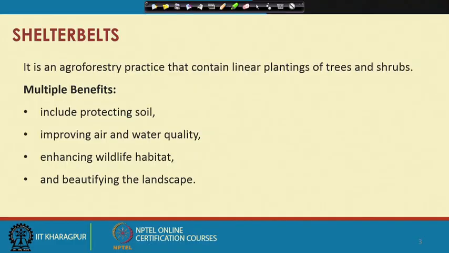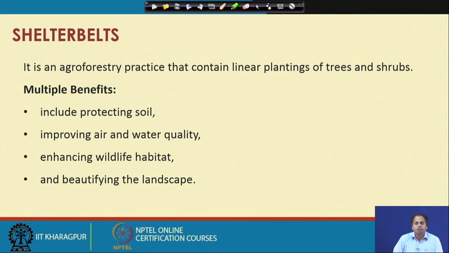Shelter belts are an agroforestry practice that contain a linear planting of trees and shrubs with multiple objectives. Our objective with the shelter belt is, obviously, to reduce the wind speed, that is the first criterion, to protect soil, then to improve the water and air quality over that region, because these shelter belts are designed for bigger areas.